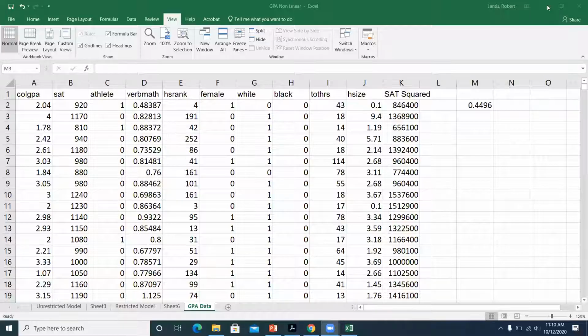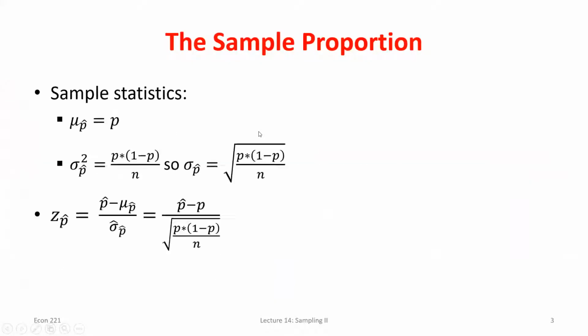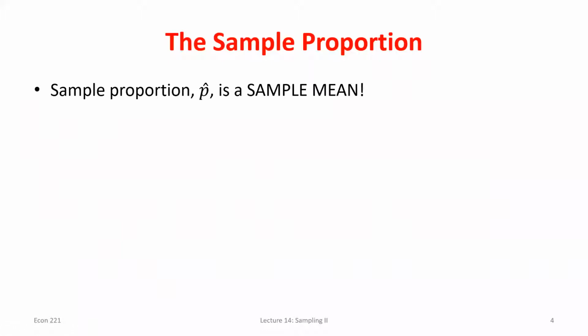So let's work through an actual example here. I just want to reiterate that point. I did this on the board, but eventually we can break this down: if I know the mean of the sample portion and I know the variance, this equation will be my z-score equation. So let's actually apply this to a problem.